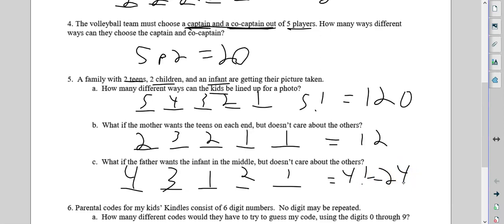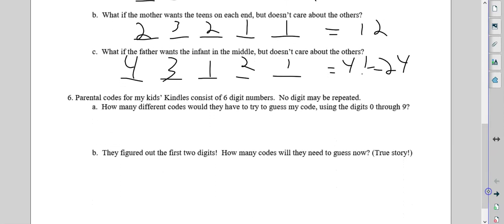But you can probably also just do it in your head quicker than going to the calculator for 4 factorial. All right. Parental codes for my kids' Kindles consist of 6-digit numbers. No digit may be repeated. How many different codes can be used if they have to try to guess it using digits 0 through 9? Okay? So, since there can be no repeats, and order matters,